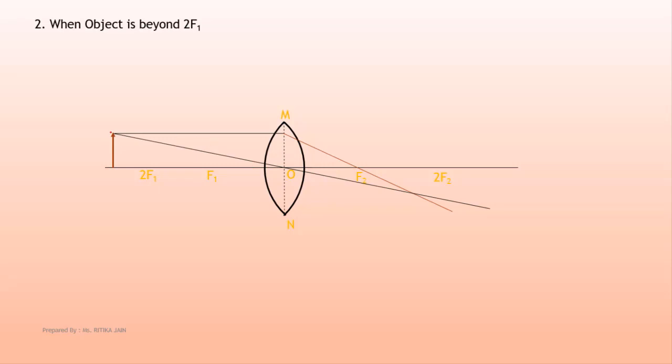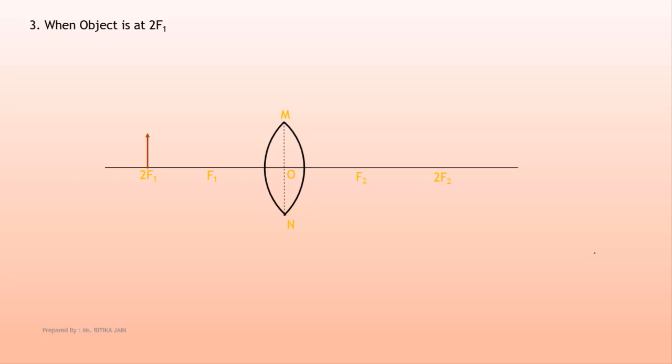So whatever line passes through optical center, it is not deviated, means it is not refracted, and it passes as it is. So here we have obtained an intersection point. This point will be the point of image. So nature diminished. Why? Because we are getting a smaller image than the object, formed between 2f2 and f2, real